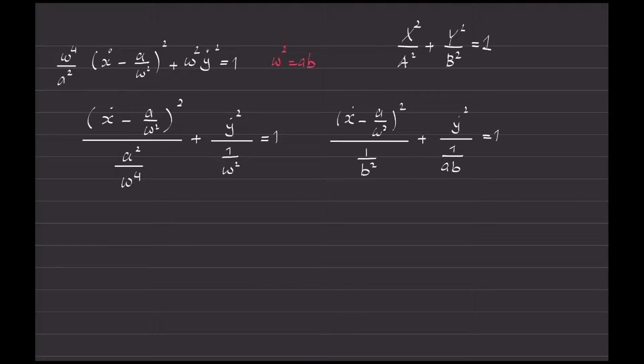But do you remember, it was given in the problem that a is less than b, so if I multiply everything by b, it becomes ab is less than b squared. Because all of them are positive, it means that 1 over b squared is less than 1 over ab. So then the semi-major axis has length equal to 1 over the square root of ab,